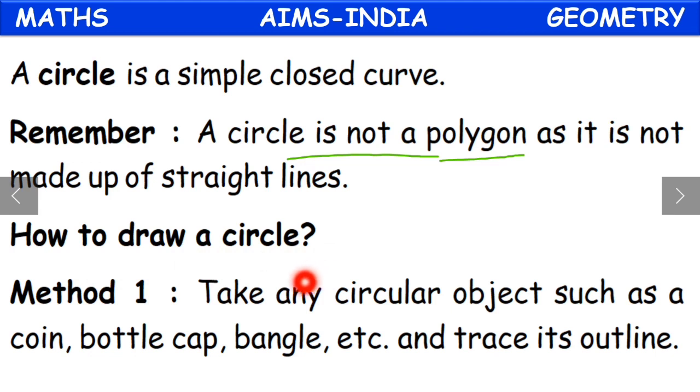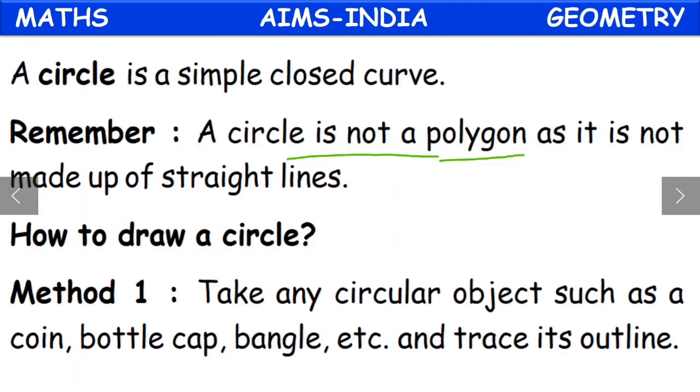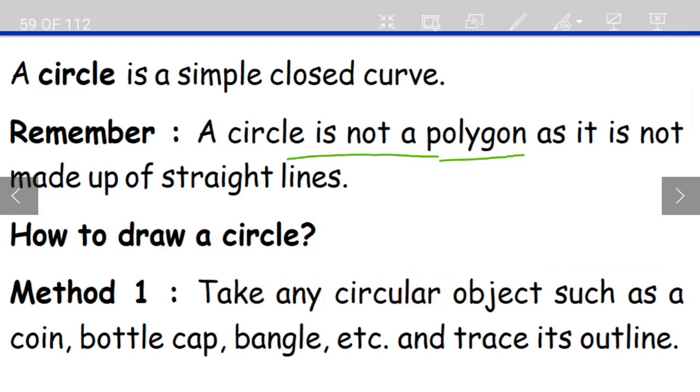Now how to draw a circle? What are the different ways that we can draw a circle? The first method is the method that we normally use. Take any circular object such as a coin, bottle cap, bangle, etc. Yes, these are the different circular objects that we find in our homes. So what can we do for drawing a circle? In the first method, we can take any of these circular objects and then with the help of that trace its